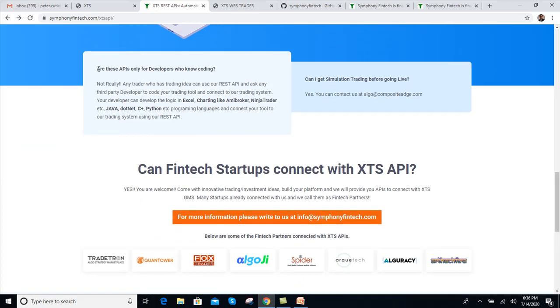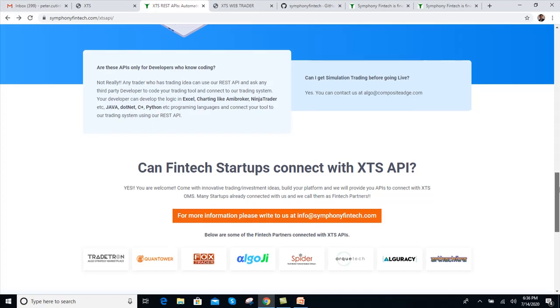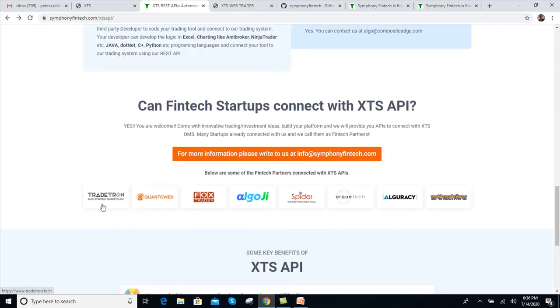Any non-developers can also get a user ID and password, and they can create an API key and secret key, and they can hire any developer or they can use these API keys to access Tradetron, Contour, or Algoji, these kinds of fintech companies. So many fintech companies are already connected with XTS. Using our XTS API key and secret key, you can send the orders through XTS.